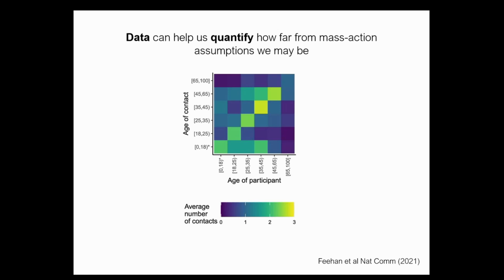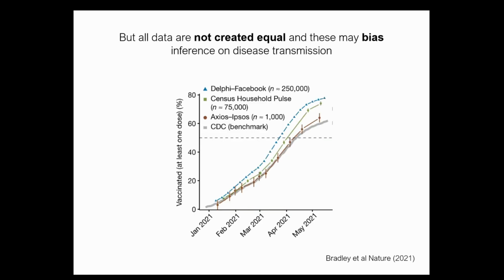And so a lot of work has also been done about what kinds of data can be used to break that assumption that everyone's equally likely to be in contact with one another. One of the most famous examples is the initial POLYMOD study, or there have been a number of them done after that, where you have this age assortativity in mixing, where people are more likely to be in contact with other people of their same ages, and you see some differences for people of childbearing age and younger individuals. But all data is not necessarily created equal, and so some of those might actually be biasing how we're breaking those mass action assumptions.